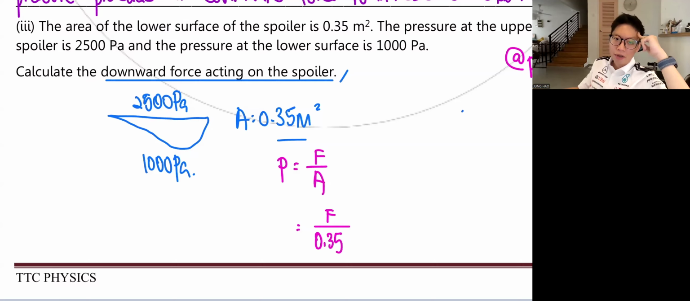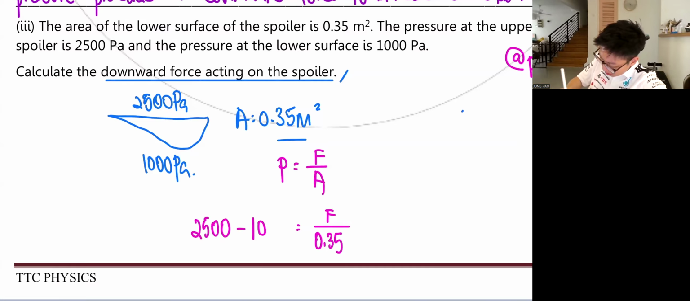Okay, so what we usually do is that we will minus off, right? Correct? Why? Because we want to find the pressure difference, right? So therefore we take 2,500 and minus this with 1,000 Pascal. Ultimately, we will have the pressure to be 1,500 equals to F